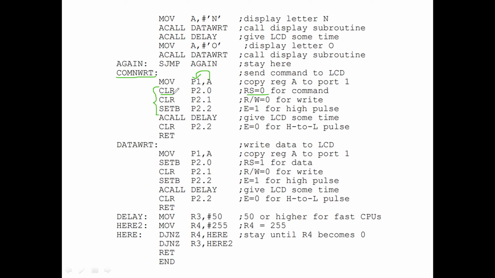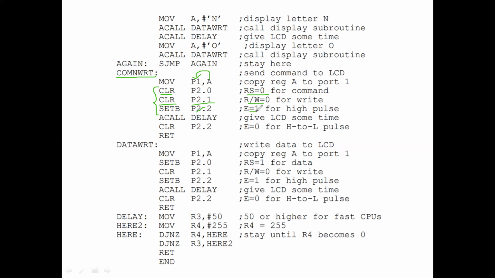So clear P2.0 and clear P2.1, which is to write, that is, we are writing data from the controller to the LCD. And the third one, we have to set P2.2, which is the enable pin.